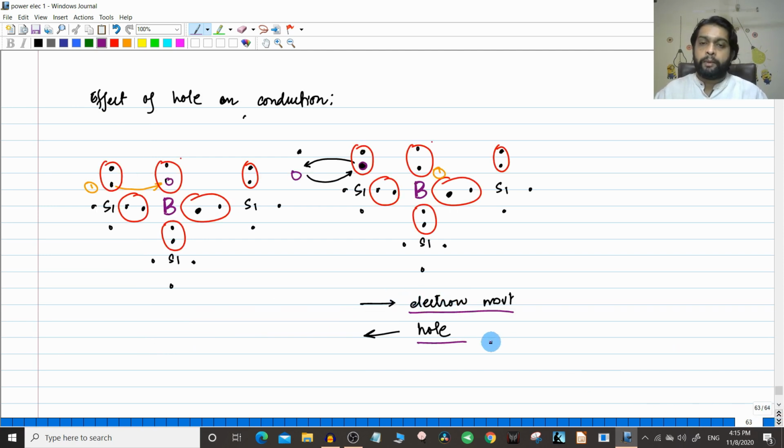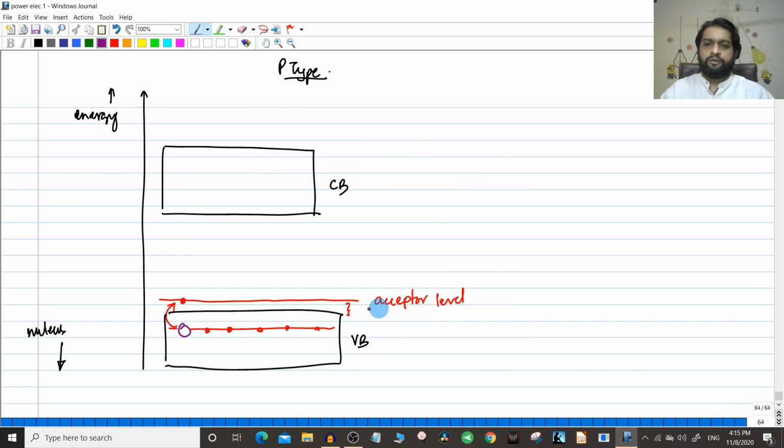So this was the electron movement and this was the hole movement, and this will happen throughout the crystal. Now we are just showing a few things here. For example, this electron can occupy here, so it can keep on happening throughout the crystal. So this acceptor level is created in the p-type material. And in the n-type material, what was created? A donor level was created. So it is very easy for electrons to occupy this acceptor level. That is the basic idea.